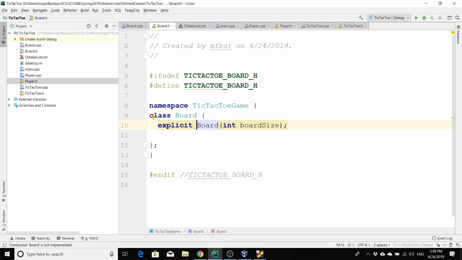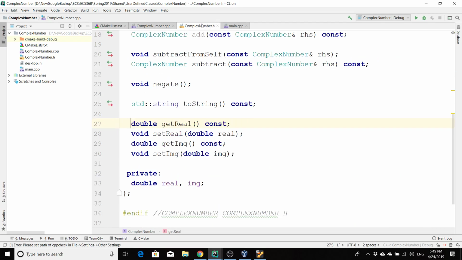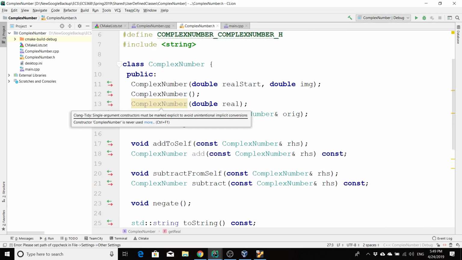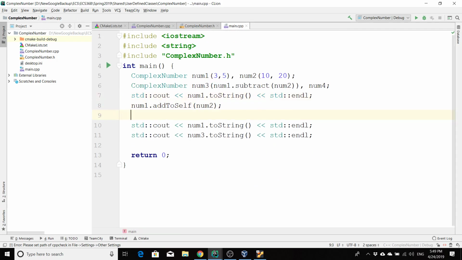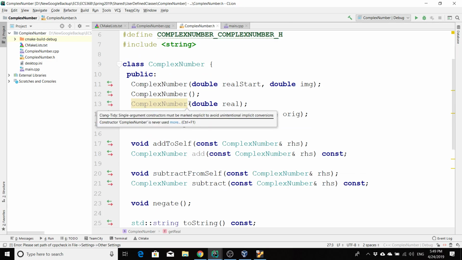Which probably makes sense, right? Back down here with our complex number, notice that we have this one function that only accepts a real. What this function can also be used for is to cast a real into a complex number. So if I was doing something like num4 dot add to self the value 5, that works. Or maybe 5.5, that works. Because 5.5, is that a complex number? No. So what actually happens when I do this call is we make a call to this constructor over here